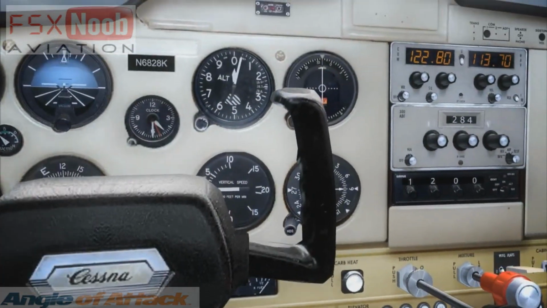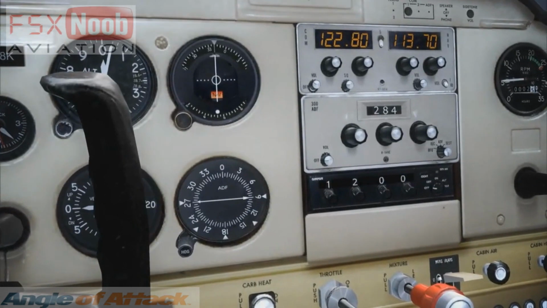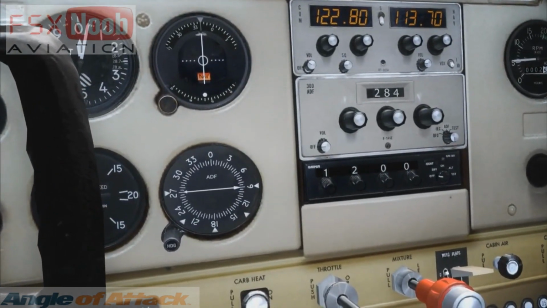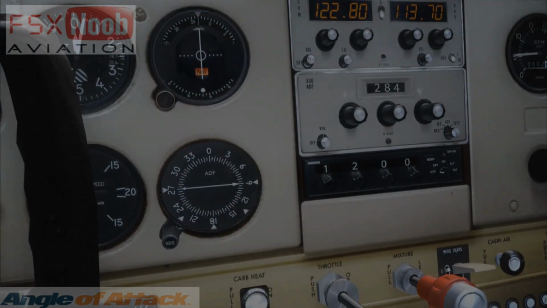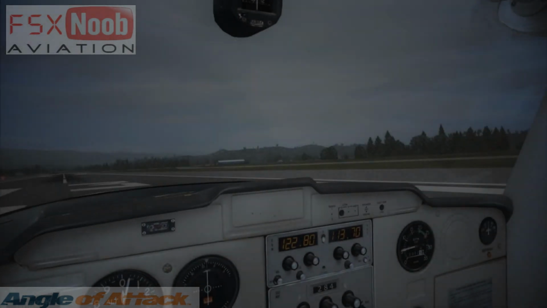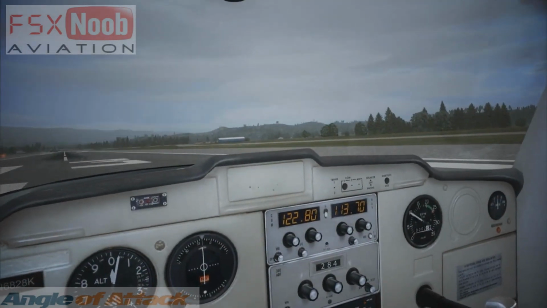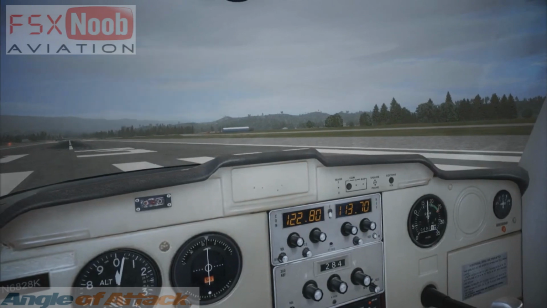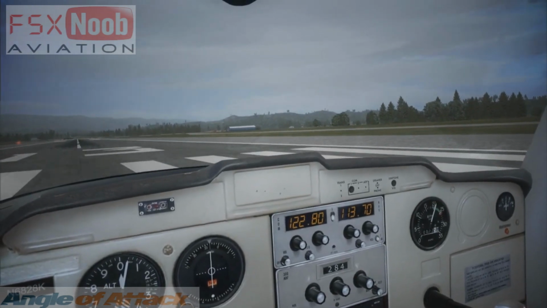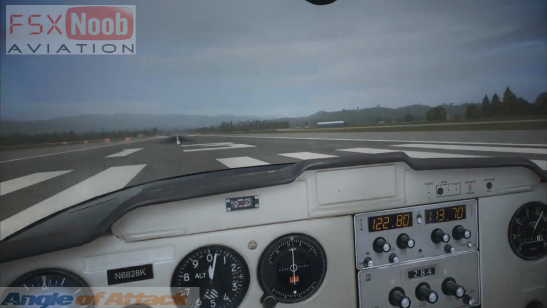Now, the camera is when we turn on our transponder. A transponder allows ATC to get our information so they can track us. Hold the brakes firmly and fully, and ease the throttle forward. Bring the engine up to full power and monitor the engine instruments and listen to the sound of the engine